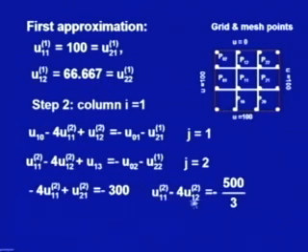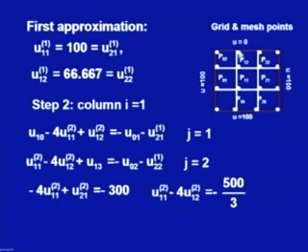So what we do get, I am writing it as 200 by 3 actually. So u11 minus 4 u12 is equal to minus 500 by 3, that is minus 100 minus 200 by 3. Now, if I solve this system of equations, we have got 2 internal points only